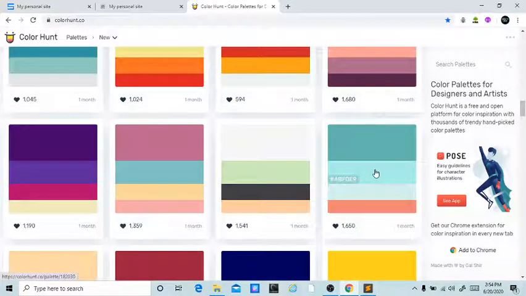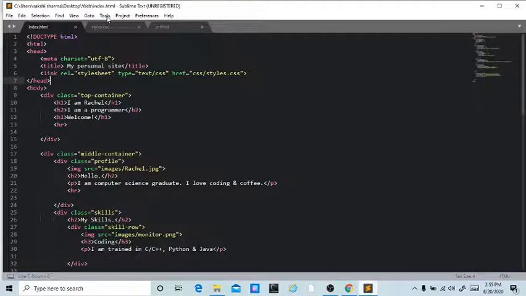Let's try this one. Whenever you want, you can come to this website to hunt any color you want.